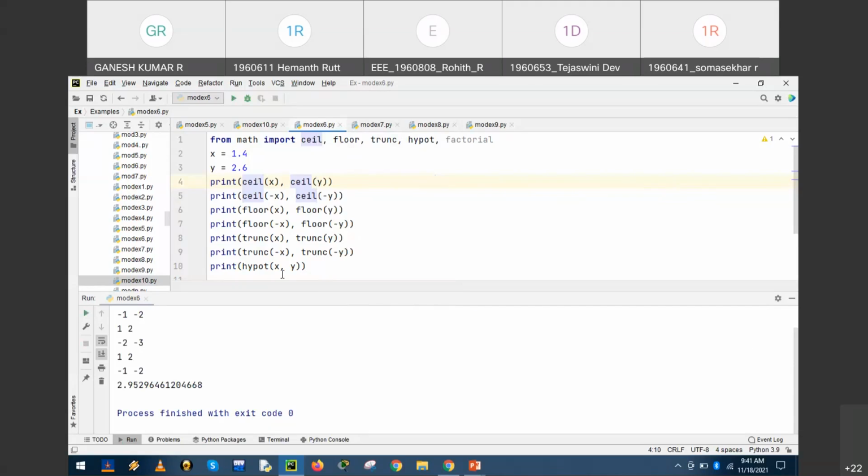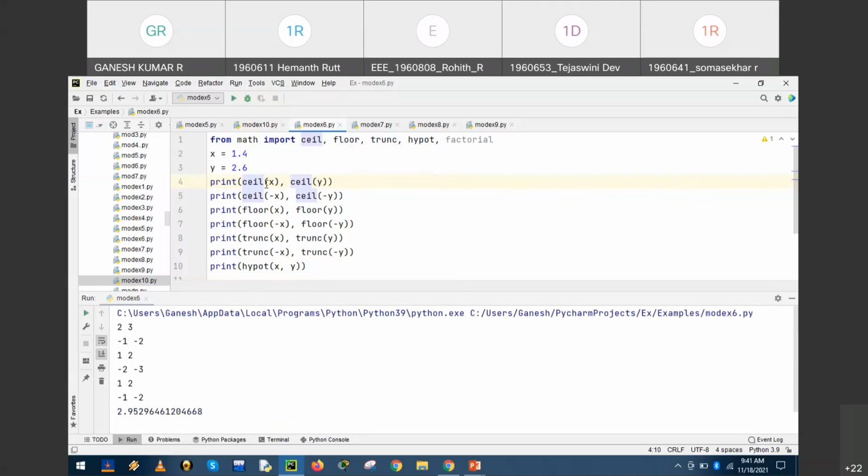Yeah, fine. Ceil of x, I said the nearest greater integer value. For 1.4, the nearest greater integer value is 2. When this function checks from 1.5, 1.6, 1.7, 1.8, 1.9 and 2, 2 is the integer value because 1.5, 1.6, 1.7, 1.8, 1.9 are all float.